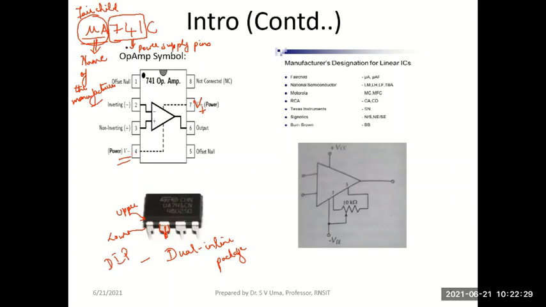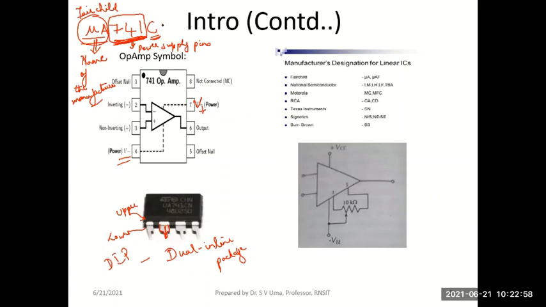So in 741, pin 1 is known as an offset null pin usually. Okay, I'll tell you where it is used and how. So please remember, usually these numbers don't mean anything. They are just a way of categorizing things. But for the sake of remembering op-amp power supplies, you can remember 7 and 4 represent the positive and negative of the supply. What does this last letter represent?